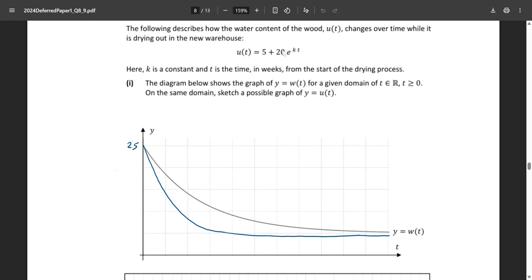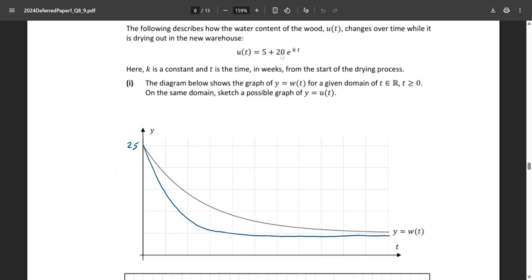We know this because if you look at the original equation for WT, it was 25 at 0 in part A. So we know it starts at 25 and it's 25% water, and it's losing its water content all the time. It's going down, down, down until the end. What we're asked is to draw a new graph. If you're losing water faster in the new warehouse, what would that graph look like? Well, if you're losing water faster, it still starts at 25% water at the start,